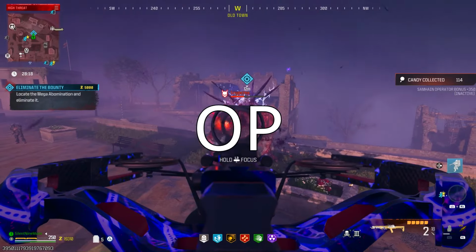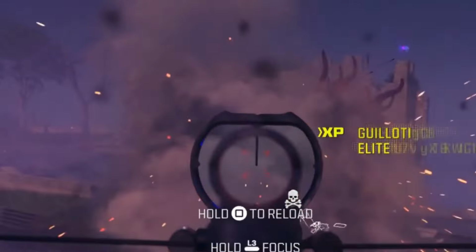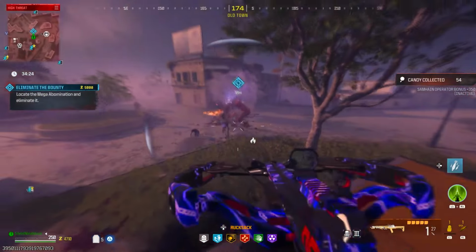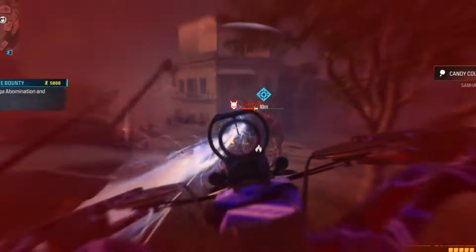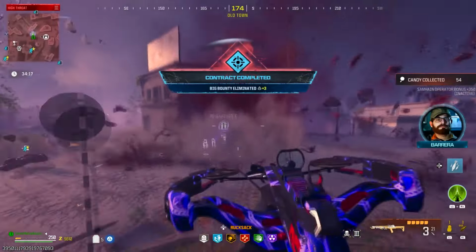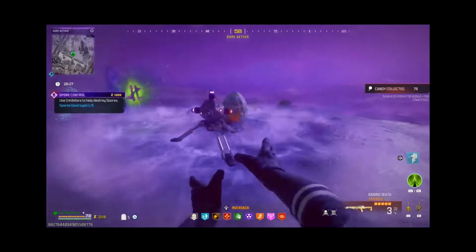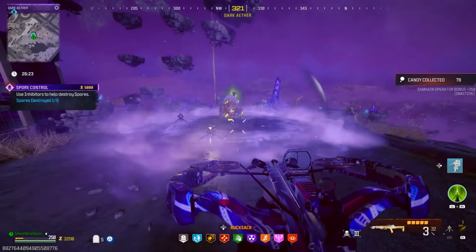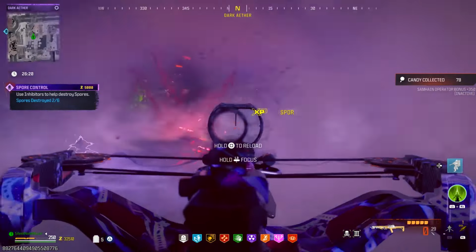This is extremely OP. It will melt everything, even in the Dark Aether. As you can see with the gameplay in the background, this weapon is insane. They did just recently buff it for some reason. With that recent update, yeah, they buffed it, and it makes it insanely powerful. The Reclaimer shotgun is still really good, but ever since this buff, now this weapon is even better than that